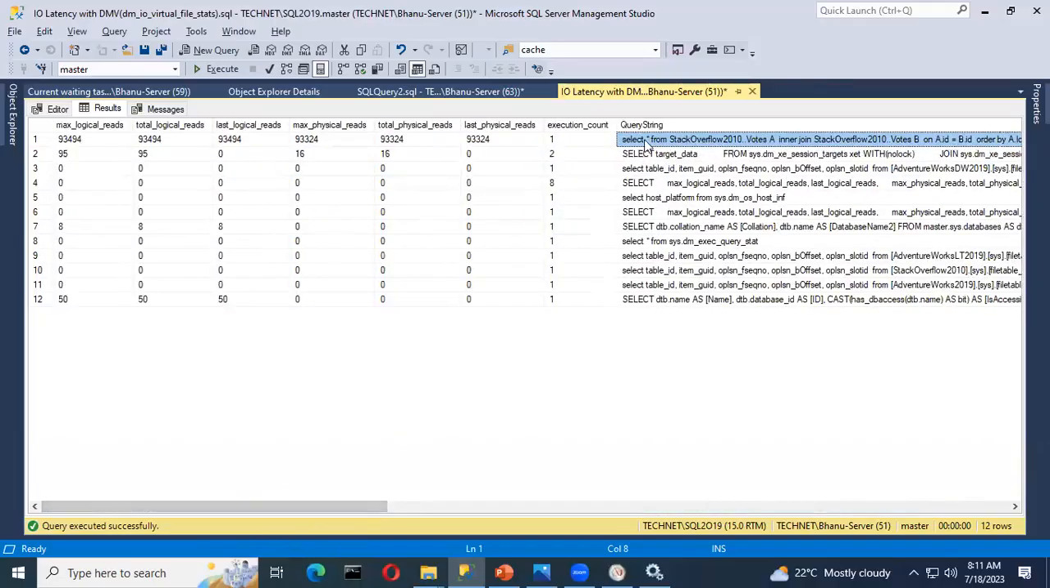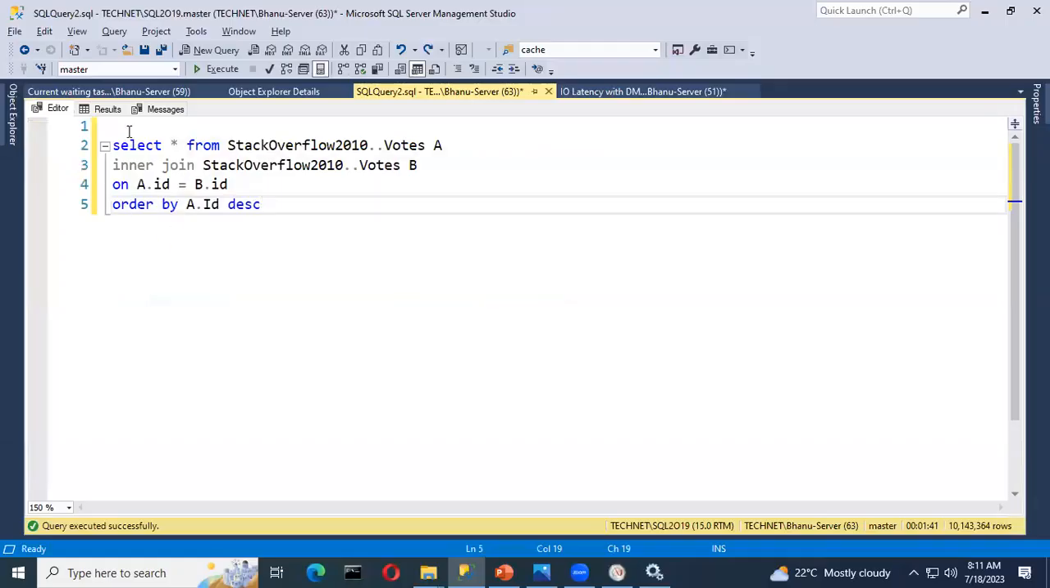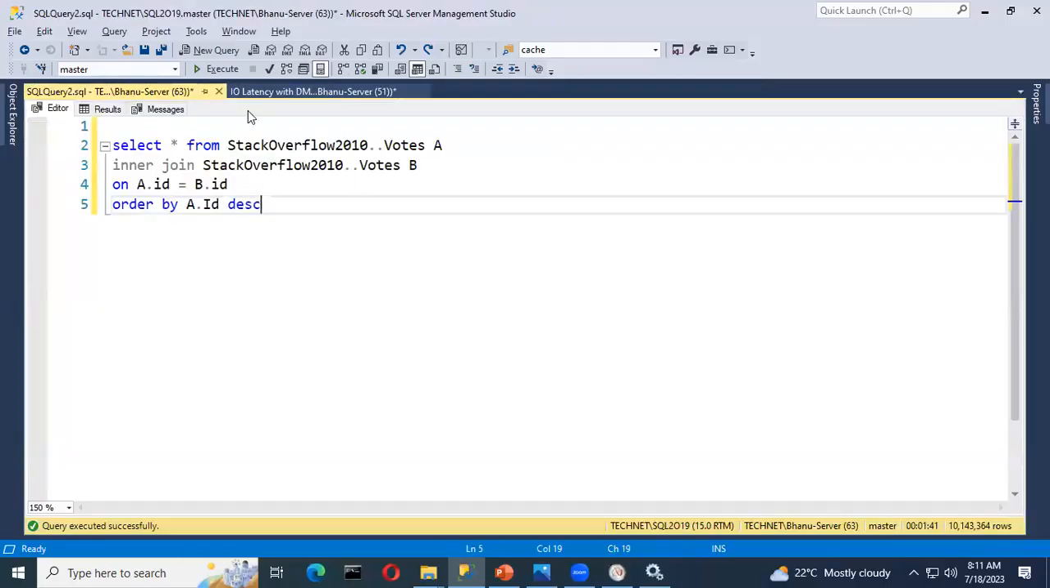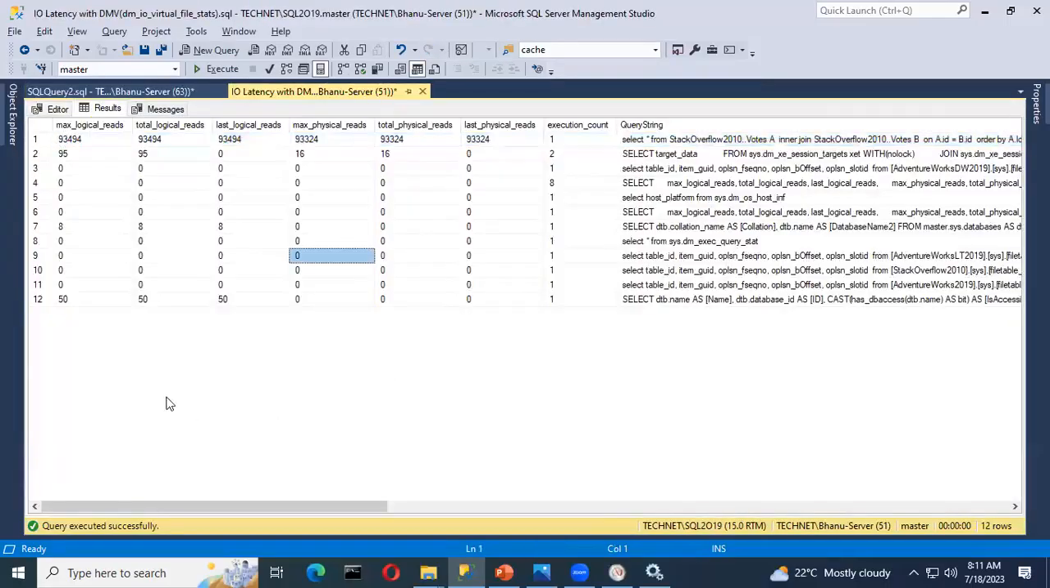Right. So this query, and we see here maximum logical reads and total logical reads that we have, and the execution count, right? So likewise, we can understand what the physical reads and logical reads of the query are. Okay, cool. So any questions? So based on that, we can understand what the logical reads and physical reads of the query are that we